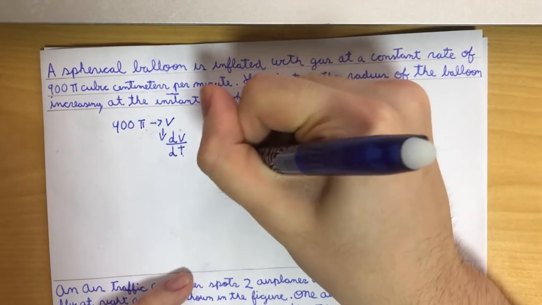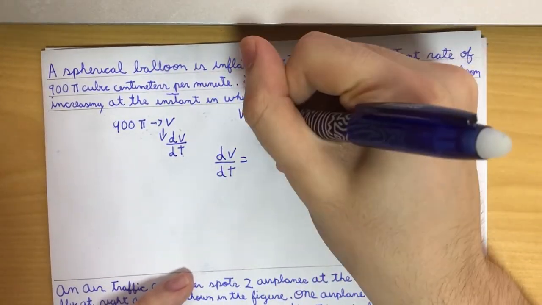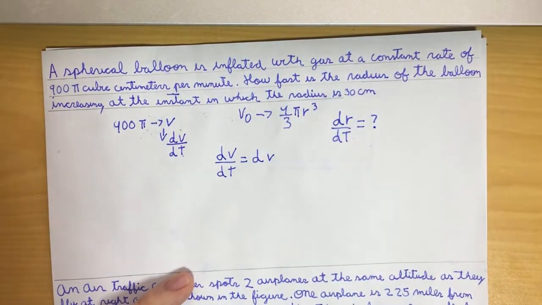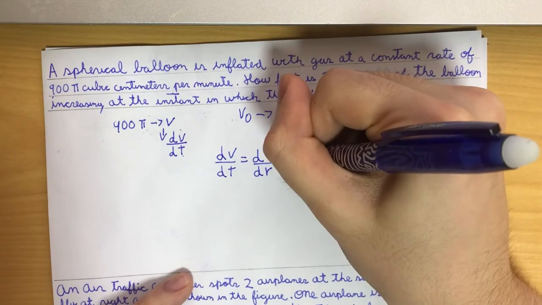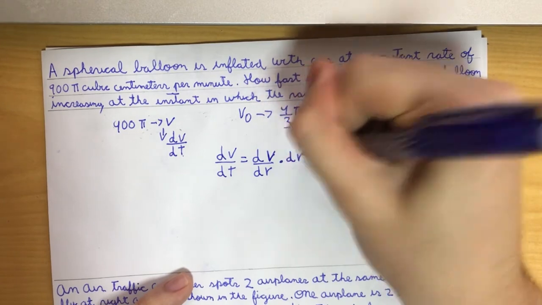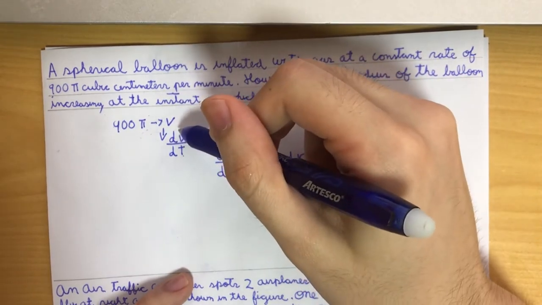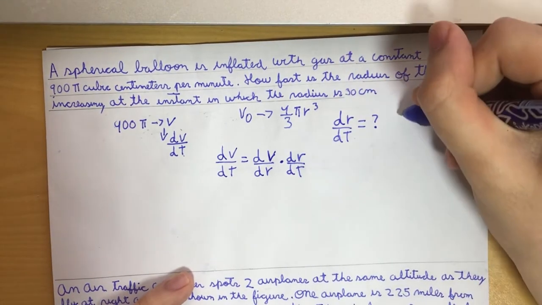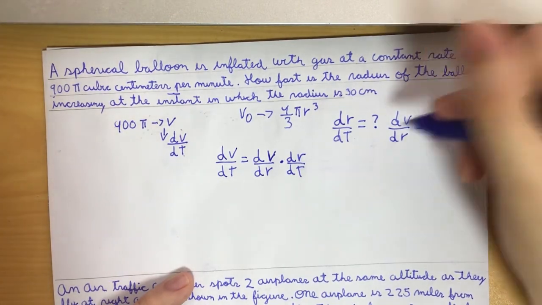So dV over dt can be equal to the derivative of this, which is in terms of the spherical balloon. So dV over dr times dr over dt. We know this one. So to get this, we have to get the derivative. So dV over dr is equal to